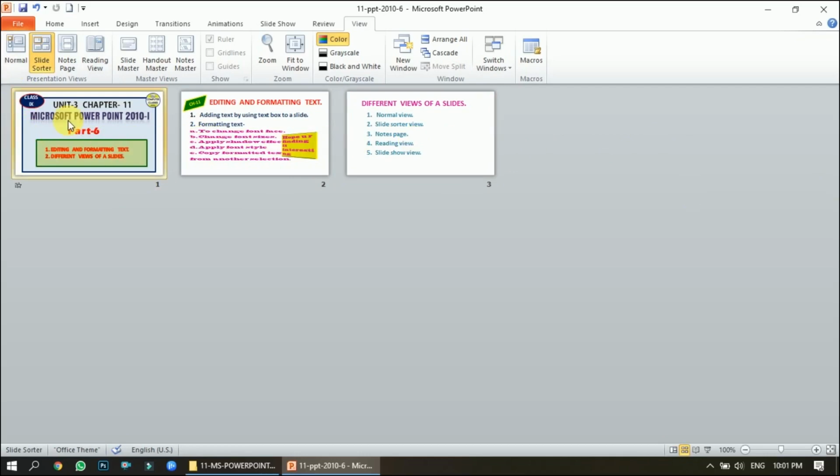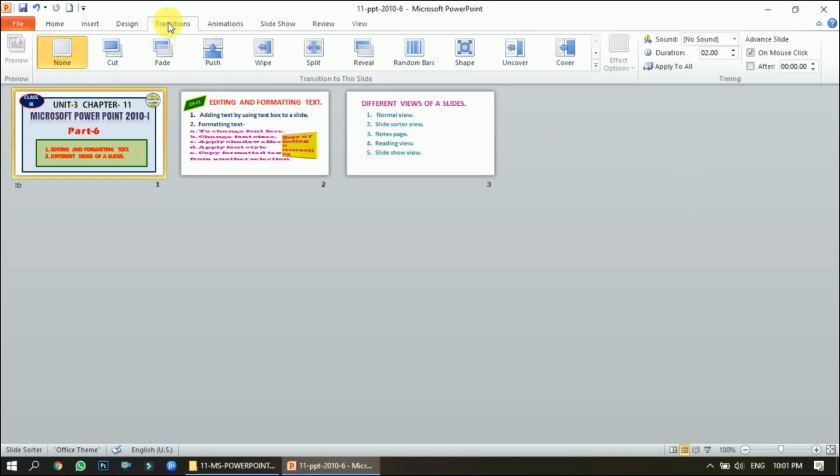So you select the slide, go in the transition, apply the transition effect. Whatever kind of transition you want to apply to the slides, you can do here. Then you can add the sound also. Select the slide, apply the sound. It becomes very easy to apply such changes here.